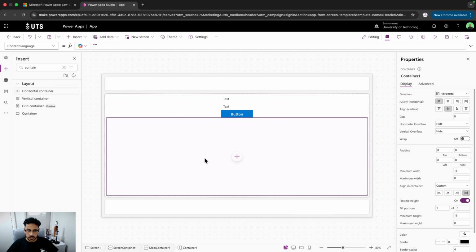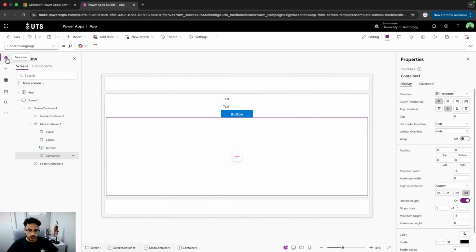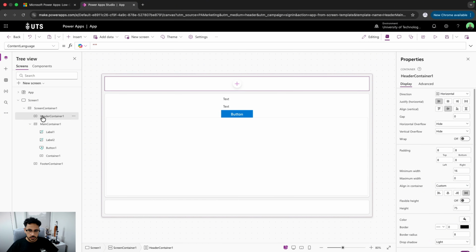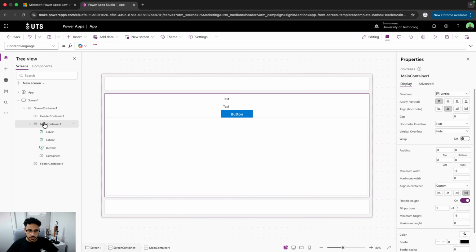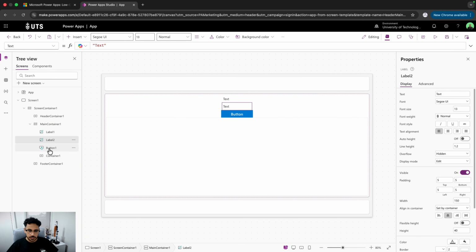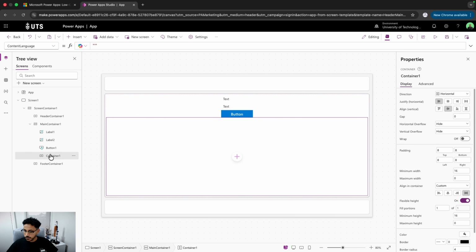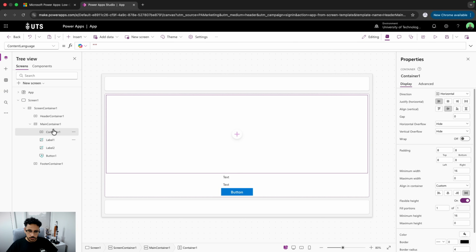And you can see that it's now at the bottom, and it also got added straight away to here. So what I'll do is I'll click on Tree View, and here you can see that this is your header, this is the main container, and inside of that main container you've got your label, the first label, second label, button, and then that container that we just added. We don't want them to be on top of each other, we want them to be inside of this container. And notice that if I drag this and put it at the top like that, now that horizontal container is actually visibly on top of the labels and the button. So that means that if I drag this and place it inside of the container,